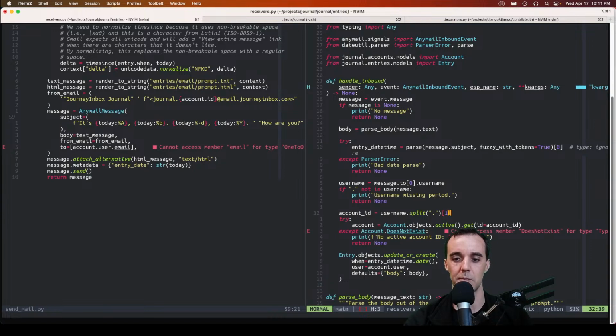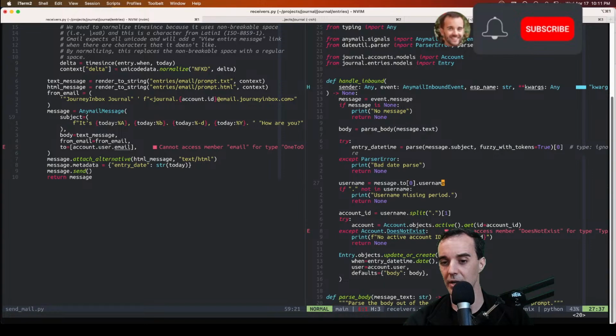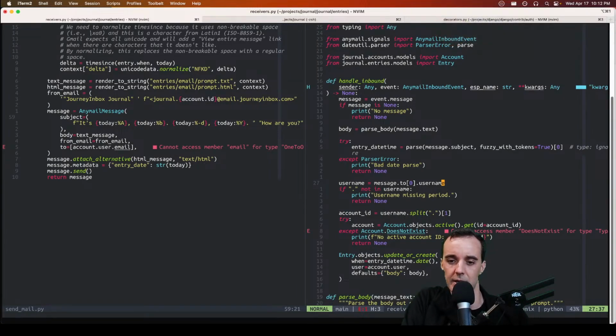We could maybe do a belt and suspenders thing where, in some future state, I could make it off the from field, if I was finding that there was spam or somebody was reporting that, hey, my entries are getting overwritten. I don't know how that would work, but I'm not too concerned about that today, because you really would have to know these hash IDs. They're multiple characters, you have to be able to guess them, and to derive them, you'd have to have the salt value, which is again a secret that I don't really share. Okay, so